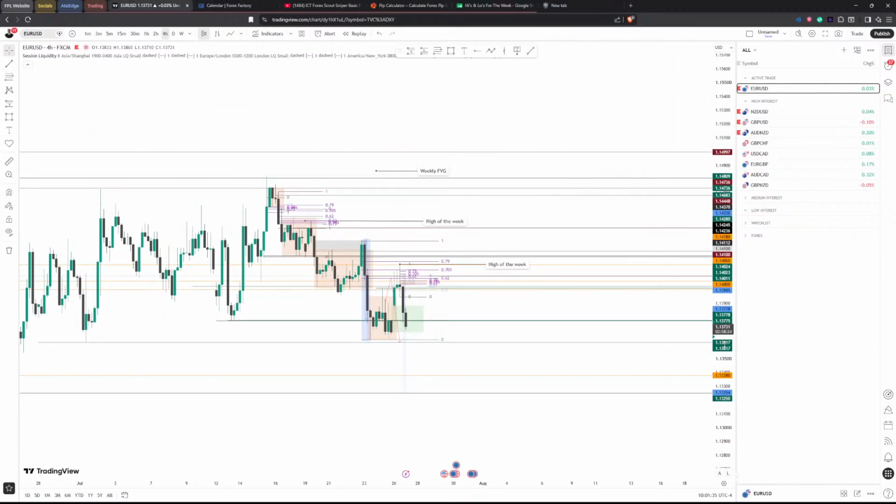We want to take partials at this 13617 level, and by partials I mean at least 50% of the trade, ideally 70-80%. How much I take depends mostly on how I've been trading. If I'm up a lot, I'm going to take most of my trade out here and let the lower ones run, and then as you continue to build skill-wise, you can start letting trades run a bit more confidently. But I like securing profits. Let me just edit my TP so it doesn't take me out too early. Okay, I've set that now.